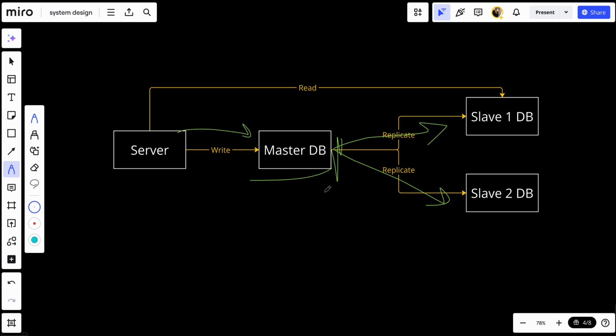So after receiving the acknowledgement from the slave, the master confirms the completion of the write operation to the client. Only then is the transaction considered finalized. So what we get from synchronous replication: first, as you can see, we get strong consistency, because the primary benefit